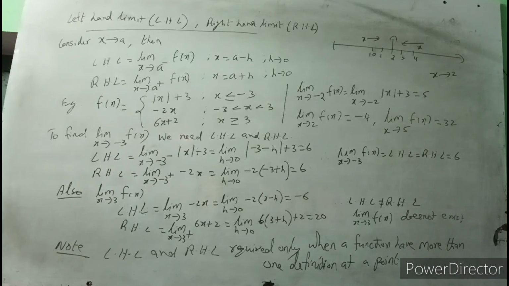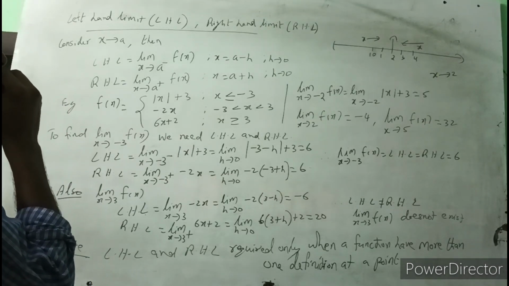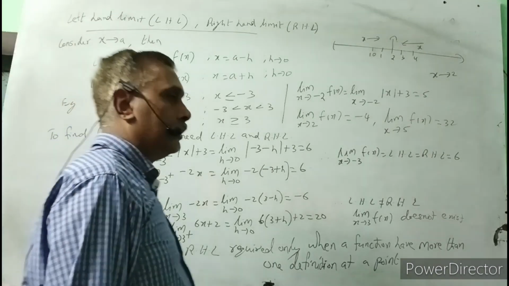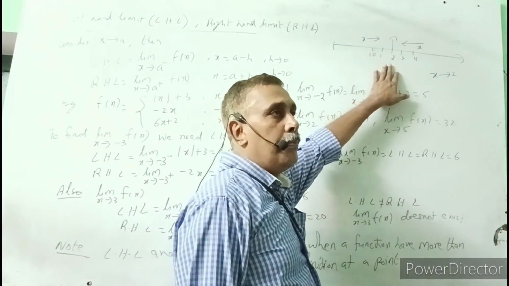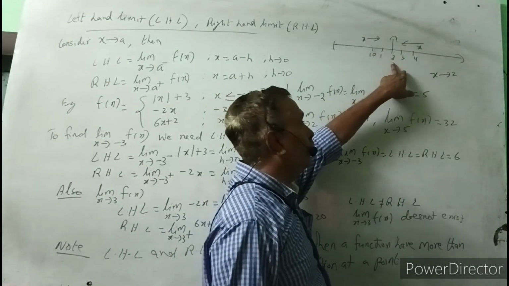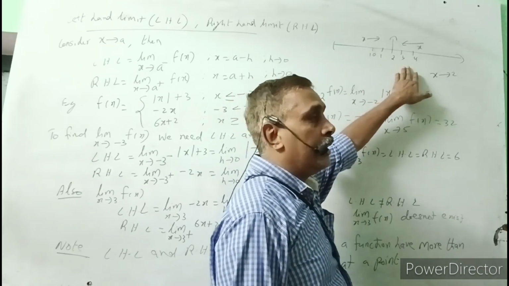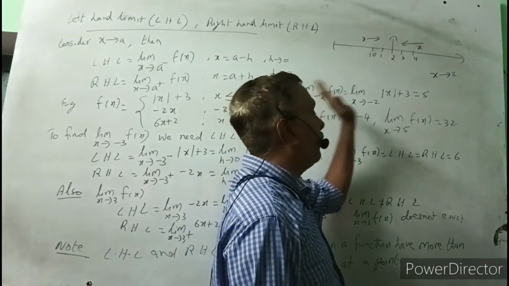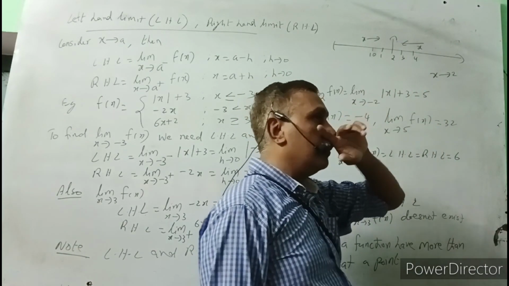Now what is left hand limit and right hand limit? Now as I told in the starting part, x tends to 2, suppose a number. So actually on the number line 2 is here, on the left side 1 is there and on the right side 3 is there. X approaching 2 means x may approach from the left side of 2 or the right side of 2, means